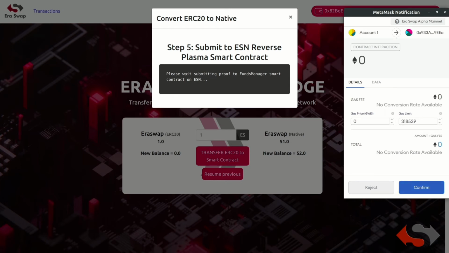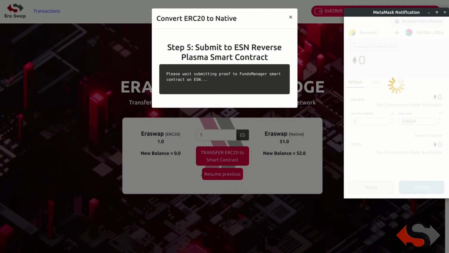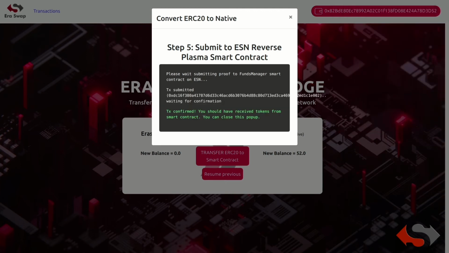So we have to confirm our transaction, which is submitting this proof to the Eraswap network reverse plasma smart contract. Now we can see the success message which says our transaction is confirmed.